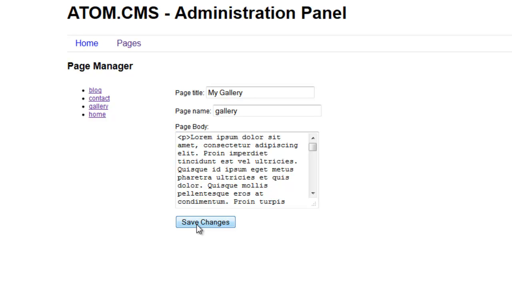So what we've done here is we've made our list on the left pull dynamic names from the database for the pages. We've made it so that we can click on one of those and load a form with the data, or at least some of the data from the page. We'll get into adding the status and some other things a little bit later, but for now at least we're showing what we can do. We have a submit button. We are well on our way to making this thing work,